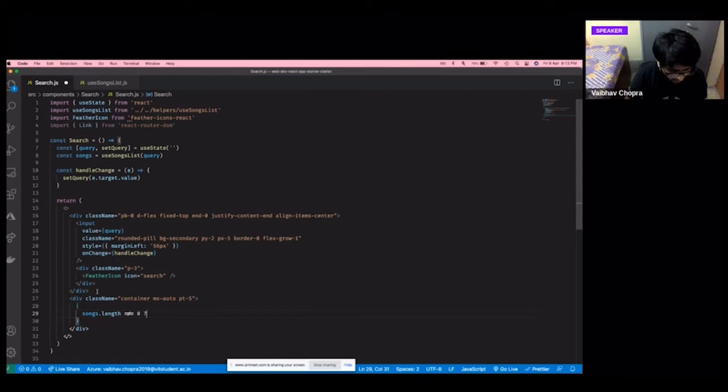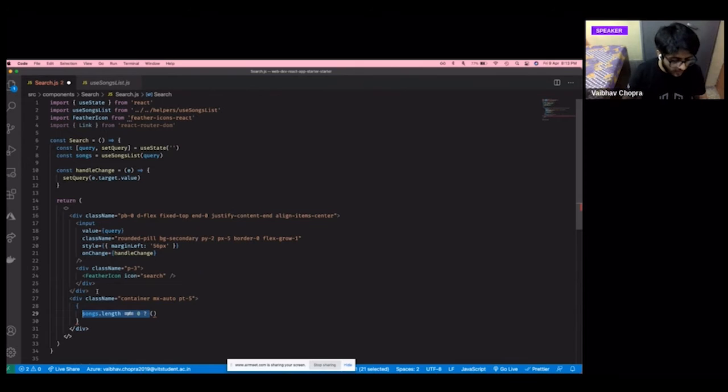If it is not equal to 0, then obviously we want to render the four components. But otherwise, I will show something like no results, which basically means I don't have anything to show you. So it will show as empty. This is called a ternary operation, if you have studied it in C++ or Java or any other major programming language.